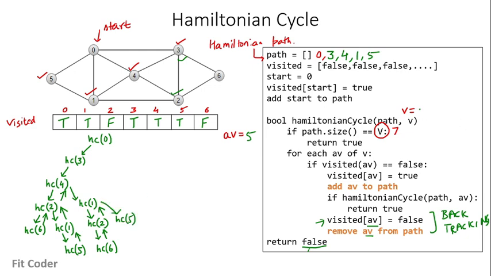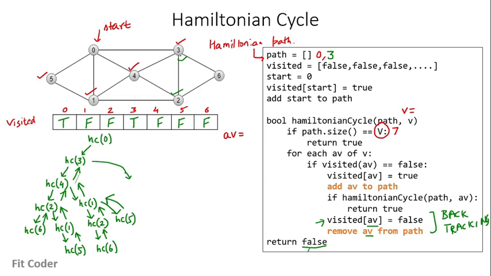So V becomes equal to 5. There is no adjacent vertex left for 5 because 0 and 1 are already visited. So we return false from here as well. When we return false, we have to remove it from the visited. So 5 becomes equal to false, and we remove it from the path as well. So for 1, we have visited all of the vertices. So 1 will also return false. So we mark visited of 1 as false, and we remove 1 from the path array. So for 4, we have explored both 1 and 2. So 4 is also not viable, so we'll have to return false from here also. So we set visited 4 as false, and we remove 4 from the path array as well.